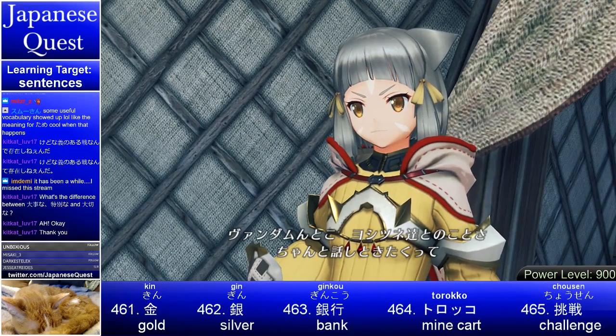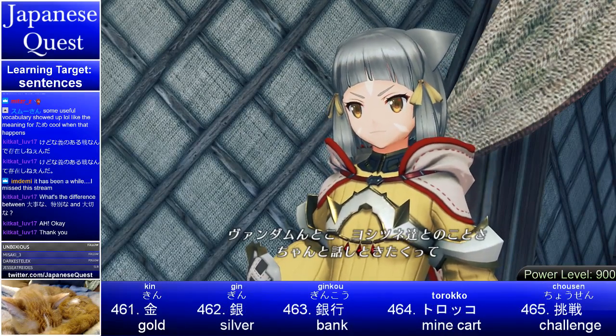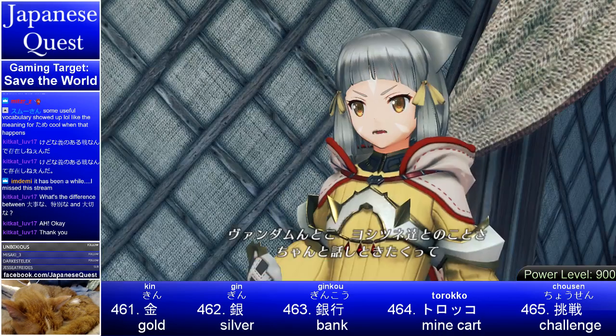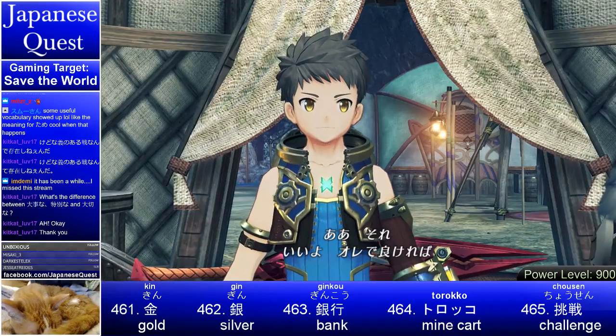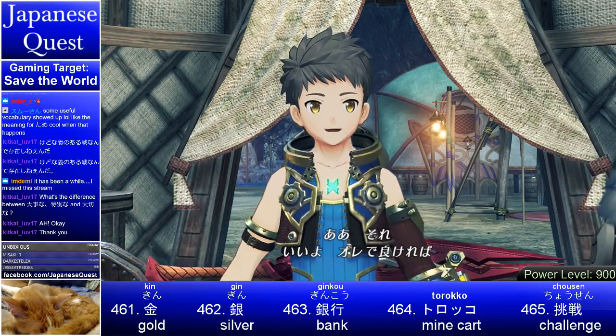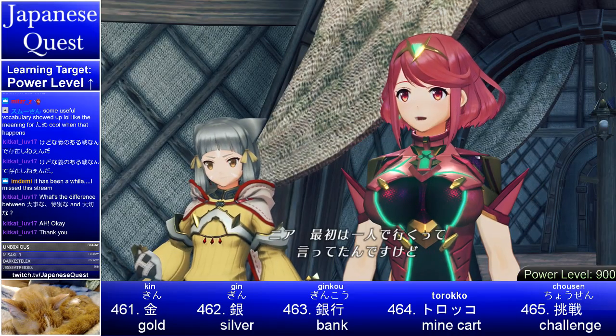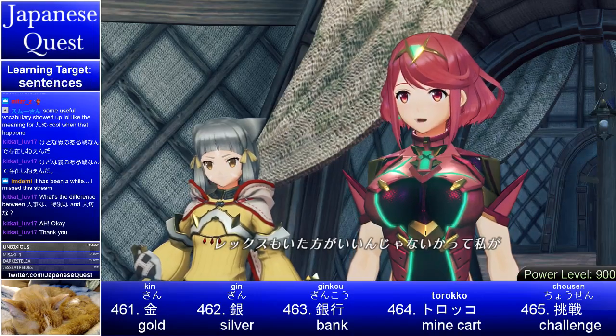ガンダムんとこ。義経たちとのことさ、ちゃんと話した。 Alright, so I want to talk to you about Yoshitsune. 来たくって。 ああ、それ。いいよ。俺でよければ。 Okay, she said good. 助かるよ。ミア、最初は一人で行くって言ってたんですけど、レックスもいた方がいいんじゃないか。